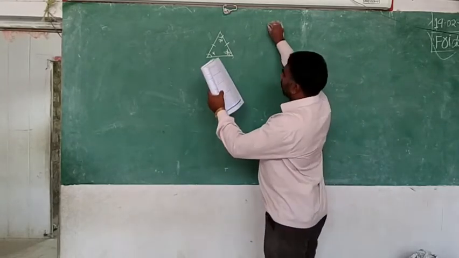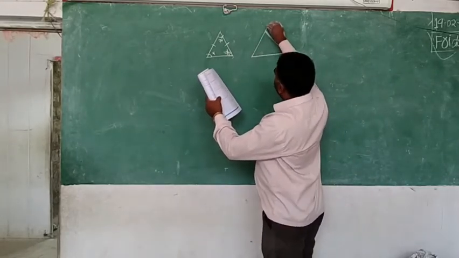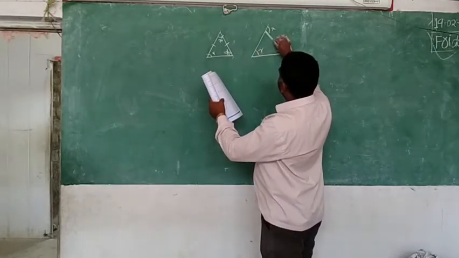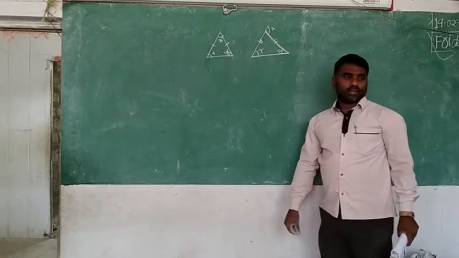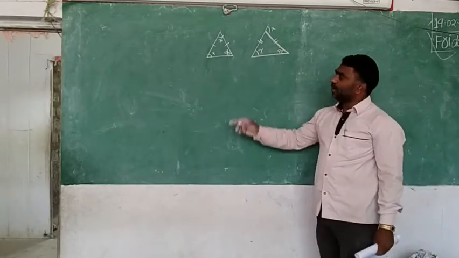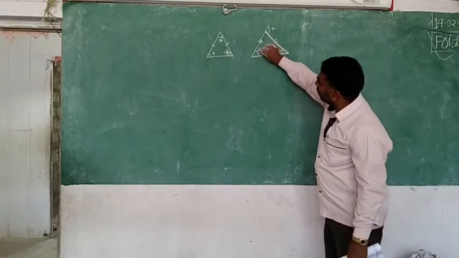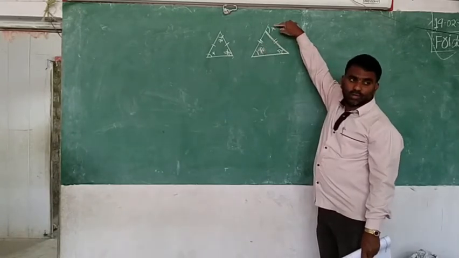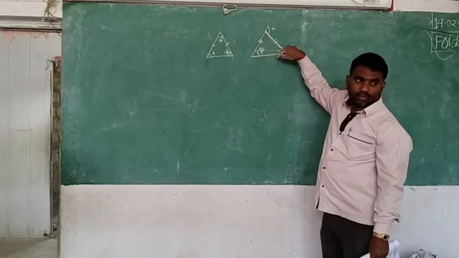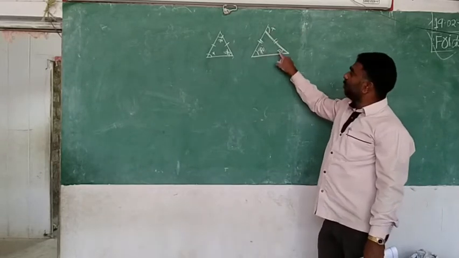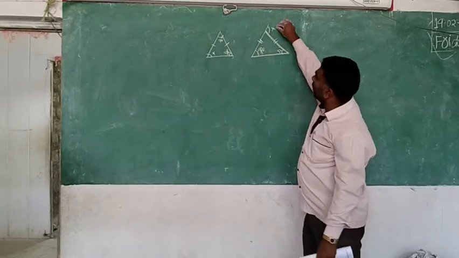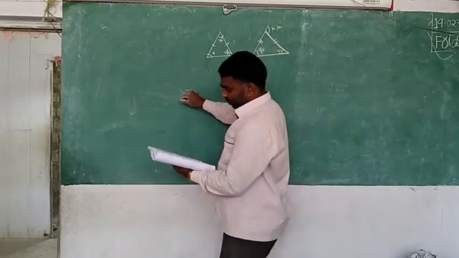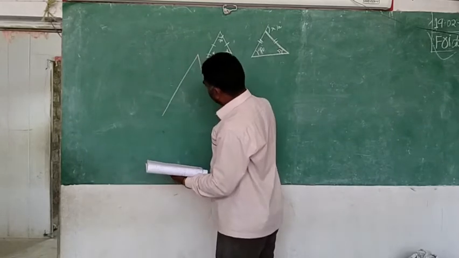Second one you see. This is x. This is y. This is 50. Very good. Y is also 50 because two sides are equal. Then opposite angles are also equal. If you know this, you can find the exterior angle. How? We should add the opposite interior angles, means only the opposite interior. 50 and 50, so you can get it now. See, these are like this. That property will be useful to us.